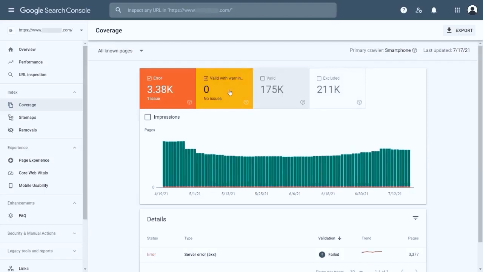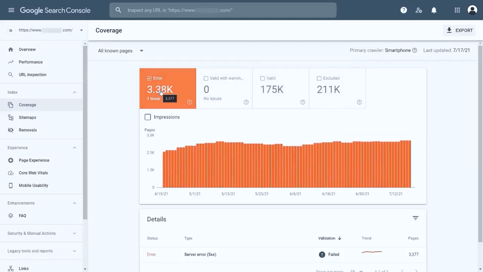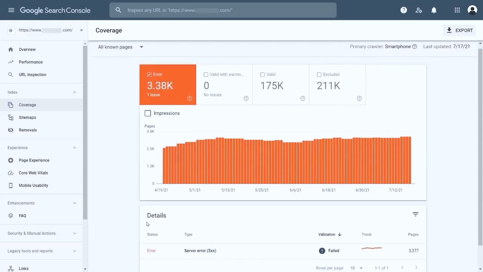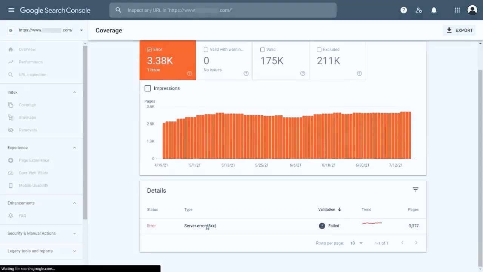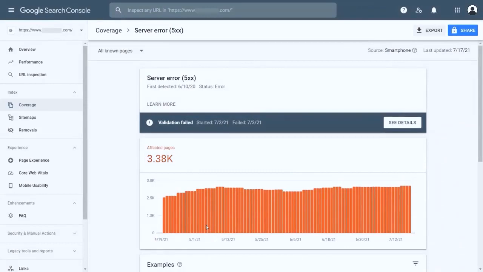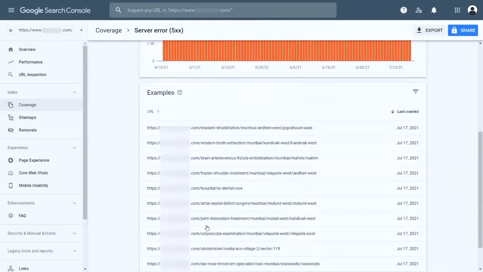Next, you can see there are 4 boxes, each containing a different kind of data. The first box, red in color, denotes the pages in your website having errors and cannot be indexed on Google search results. The big digit shows the number of pages containing errors, and below that it also displays the type of errors that exist on your page. Now if you scroll down, you can see the type of errors, and by clicking on it, you can see the exact page of your website having errors.